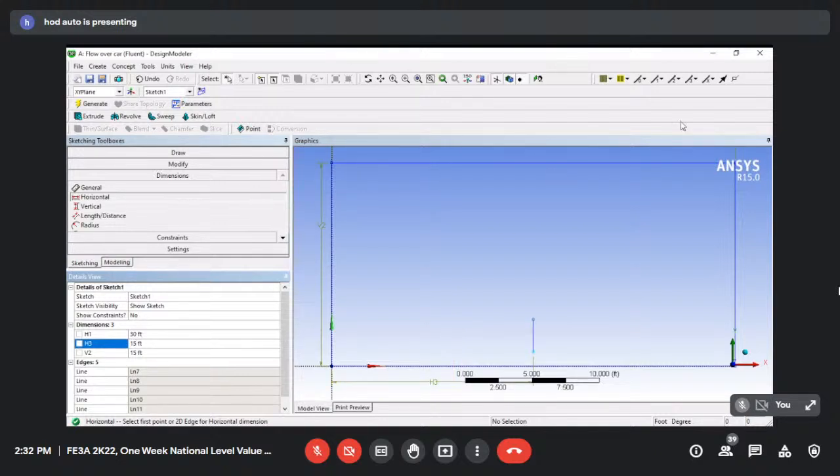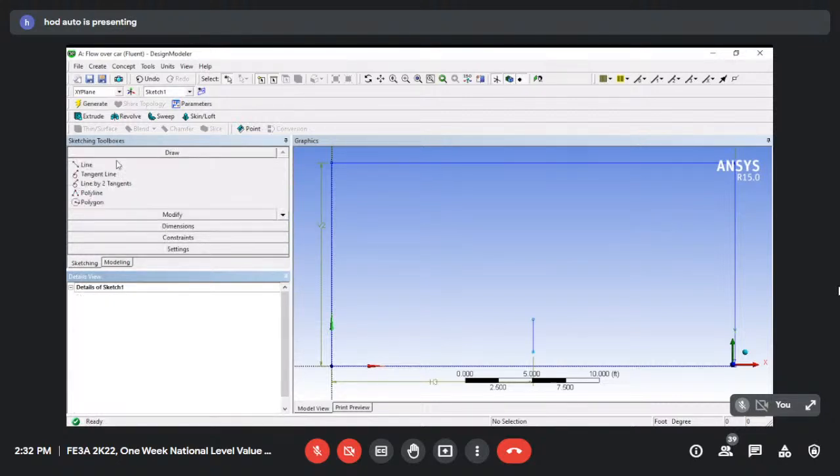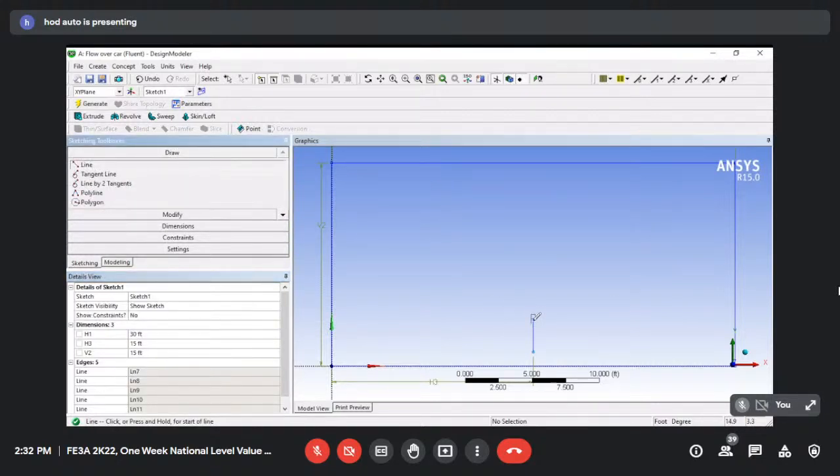That's wind tunnel testing methods. I'll try to take some gradient. This is my windscreen. I'm just drawing it,